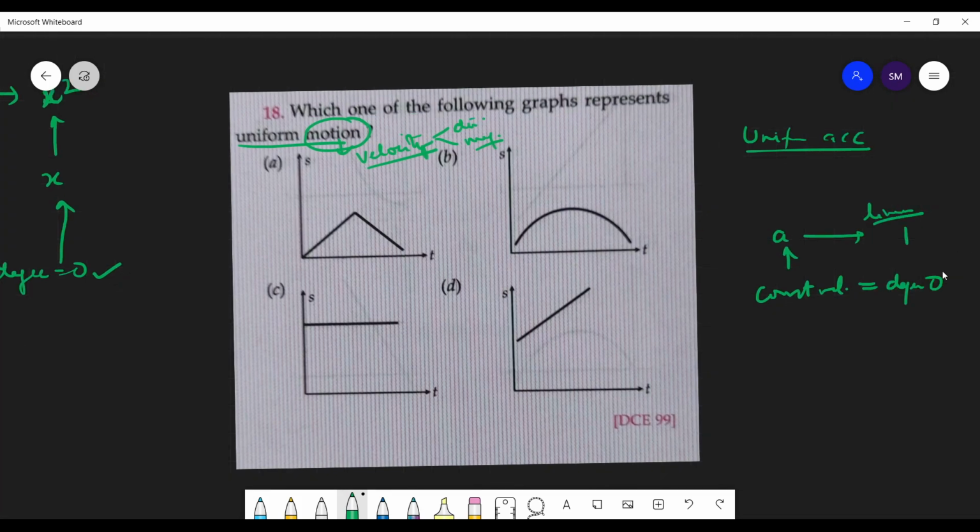Now here we are assuming it, we are starting from velocity, not uniform acceleration but constant velocity. So students, we are going to get a linear graph. And linear graph, will the slope be 0 or will there be some slope? There will be some slope. So here the slope is 0. Degree 0 means slope 0. So definitely here we'll have some slope.